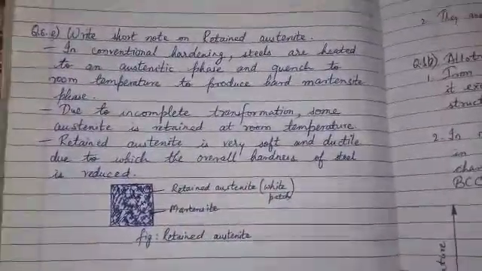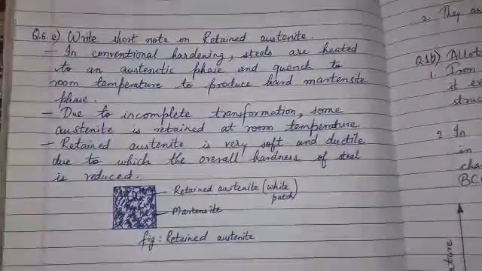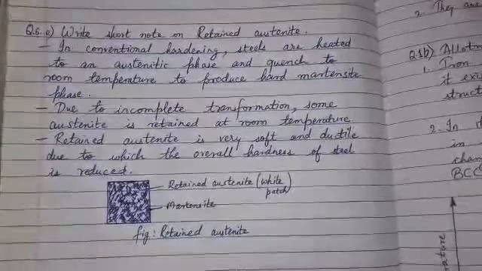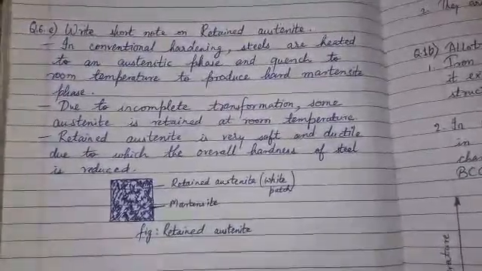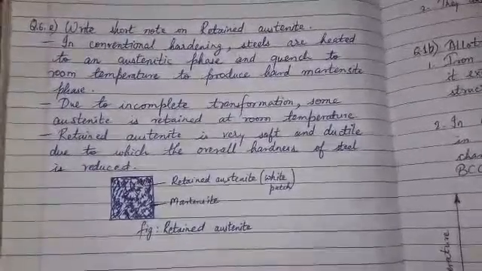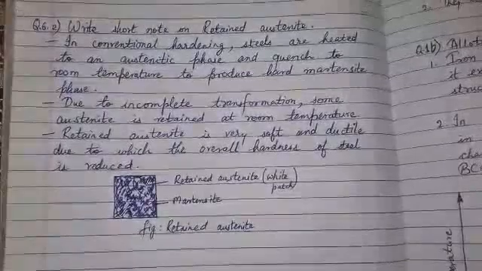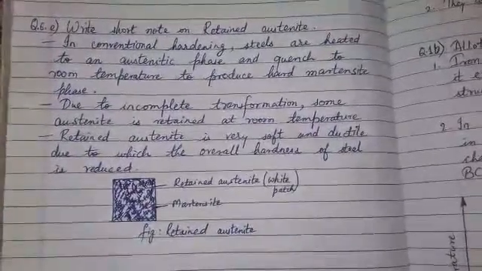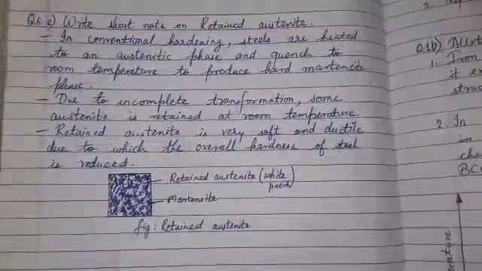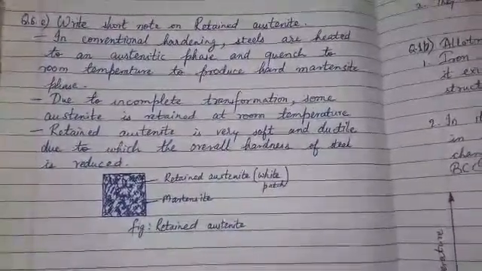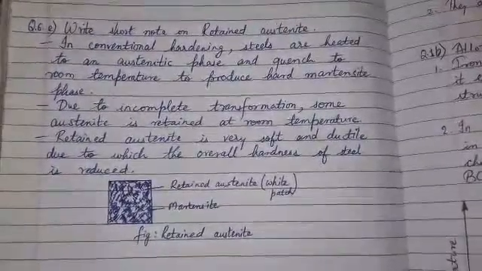So this was retained austenite, but you have to put in some extra points and elaborate, because the questions can come for 5 to 10 marks. So these were the questions for the Material Technology subject, December 2017 paper solution. We have covered all the questions, and only one question, that is the iron carbide diagram, the equilibrium diagram, is not covered. If you want, please comment, then that diagram also will be made